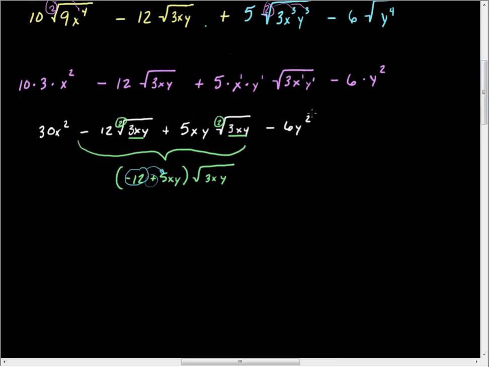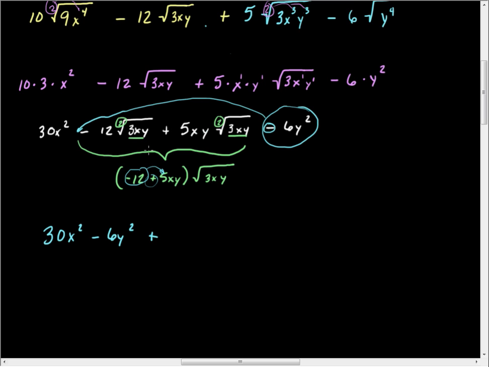I'm also going to move my 6y squared to the front with x squared. It just tends to look nicer. That's the only reason. There's no mathematical reason to do it. And so I have 30x squared minus 6y squared